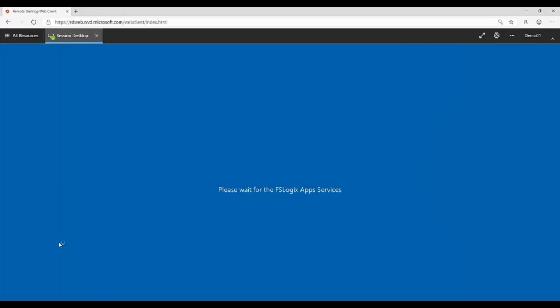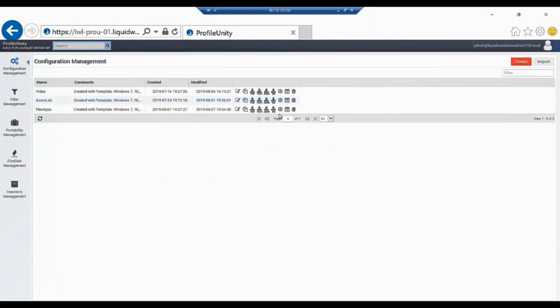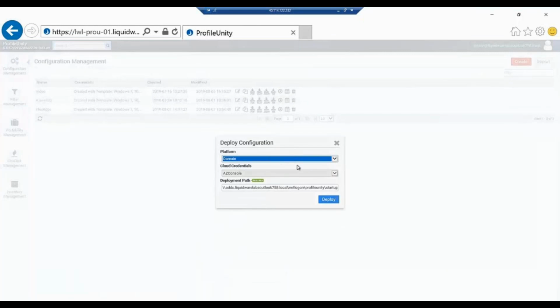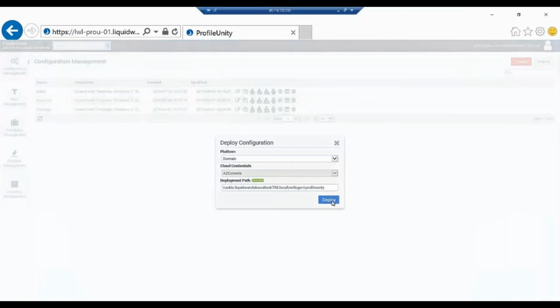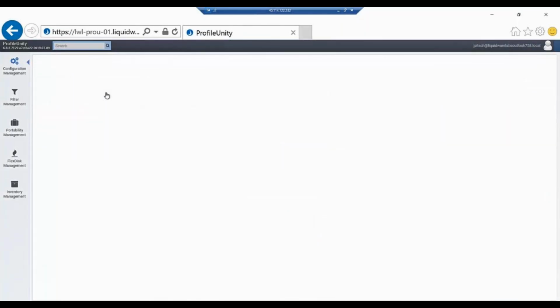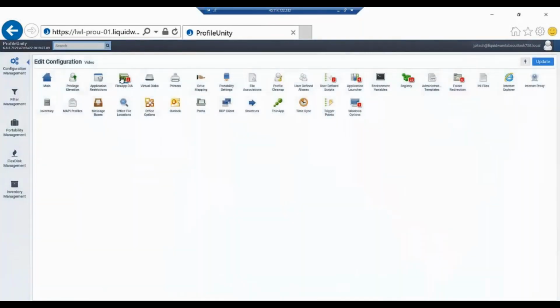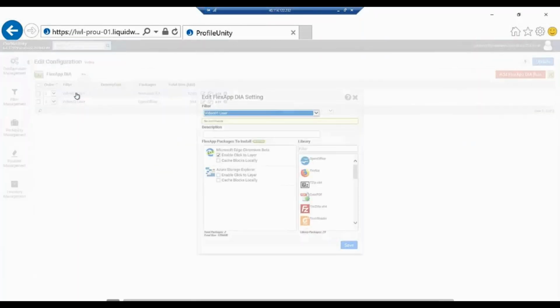But what we'll then do is log into a session-based desktop in a second, and you'll see the profiles can go across too. Other than already being logged into Office and having Office in the base image, and the credentials already validated, there wasn't a lot of user persistency present. So we're going to activate a ProfileUnity configuration for not only FlexApp, but also